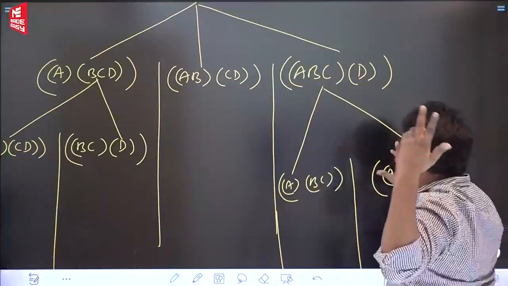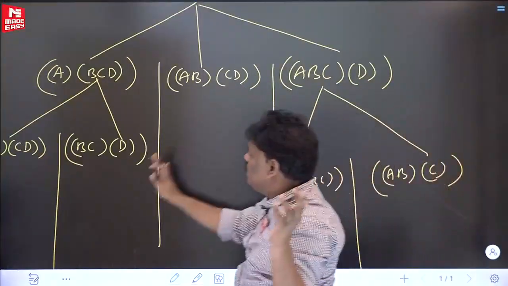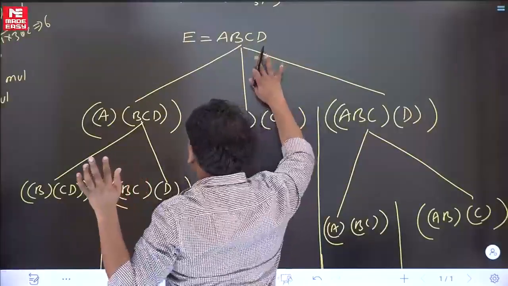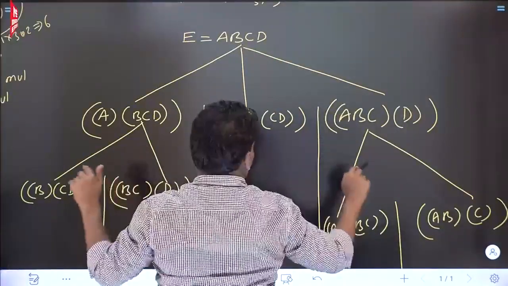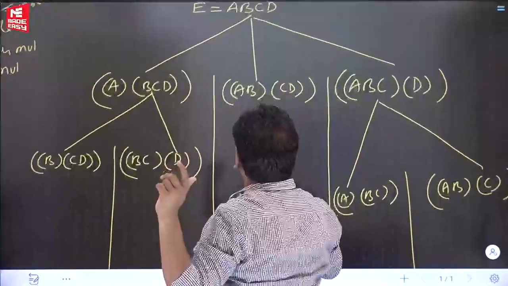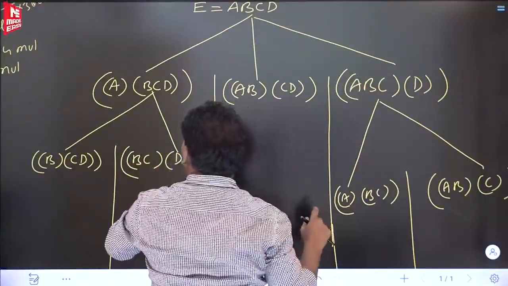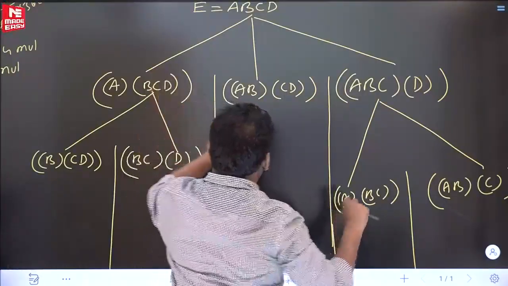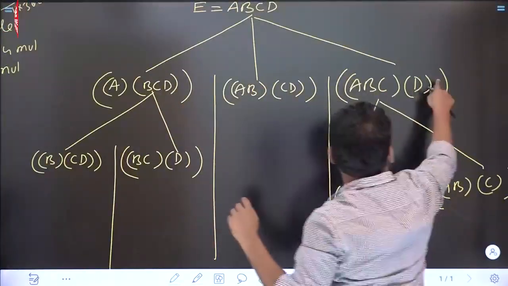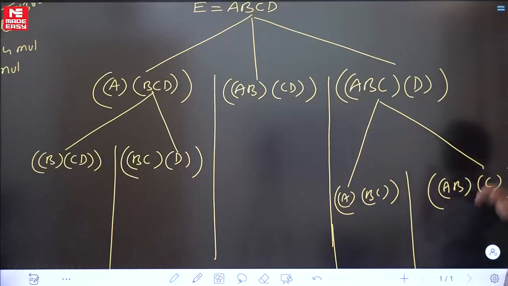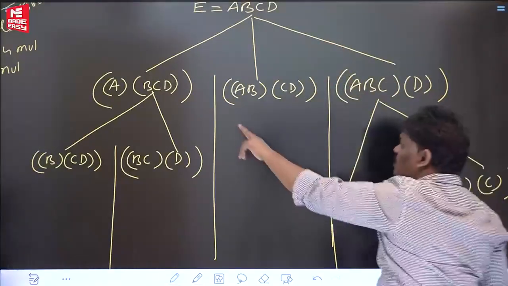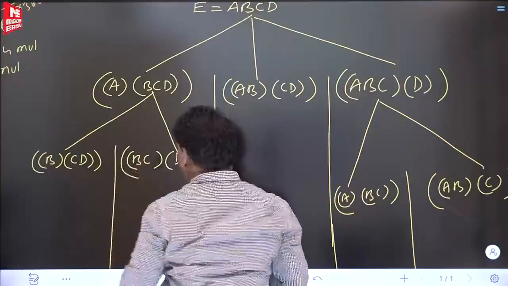So totally indirectly, directly, here two ways, here one way, here also two more, totally five ways. To multiply four matrices, because of associative property, five ways are there. Who are those five ways? A into this, totally two. It is the 3, it is the 4, it is the 5, right, like that, totally 5 ways. First level only 3, next level because of 3 matrices, divide like this, and one more.